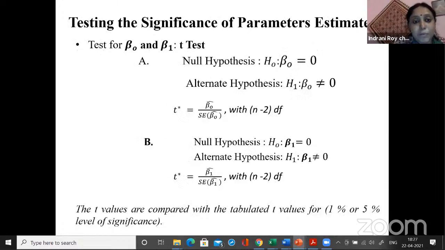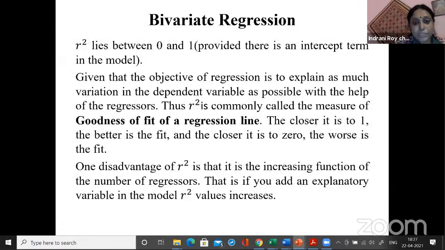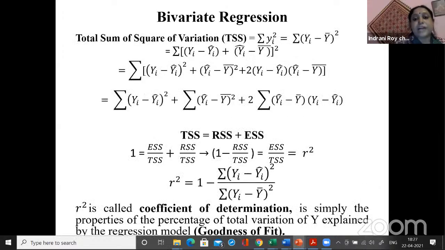Now we will do one more thing before going to the Stata table. We'll try to understand the 3 sums of squares. There are 3 concepts of the sum of squares. One is called the residual sum of squares, which we have already done when we tried to estimate beta naught hat and beta 1 hat. Your residual sum of squares is the sum of yi minus yi hat squared, observed minus expected.